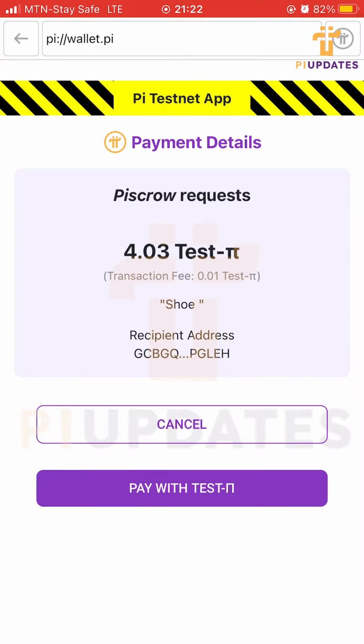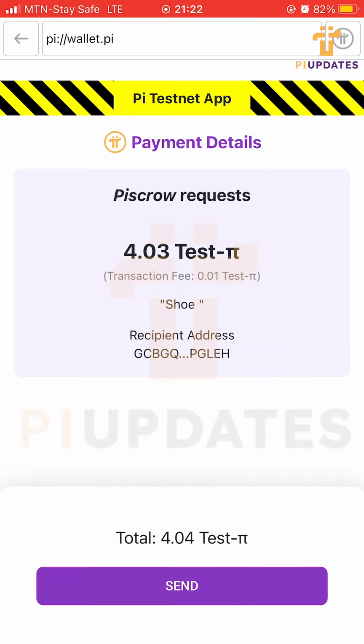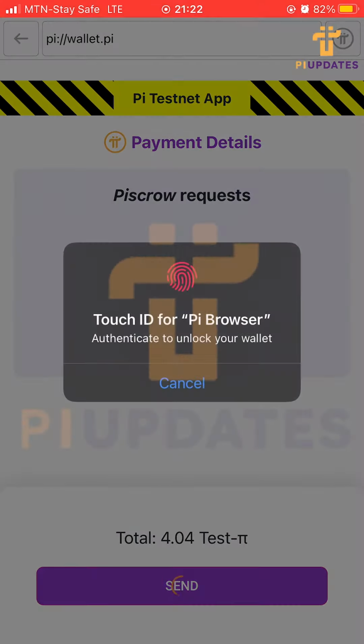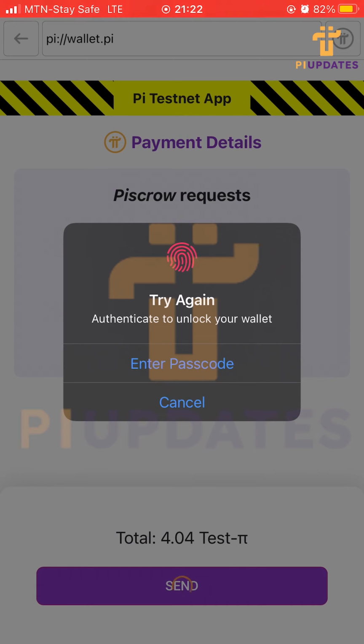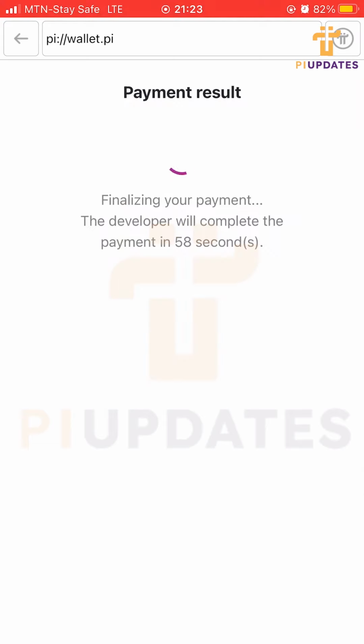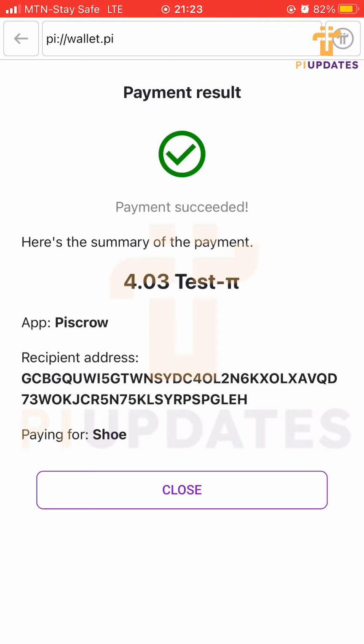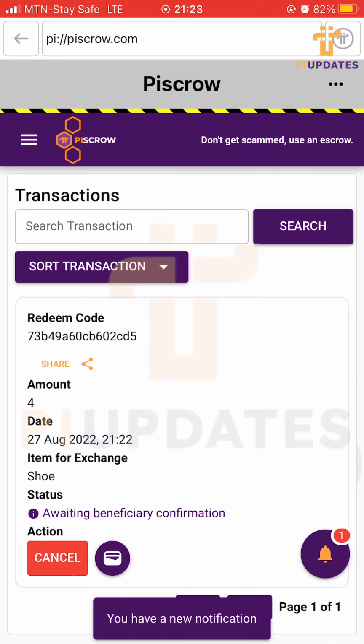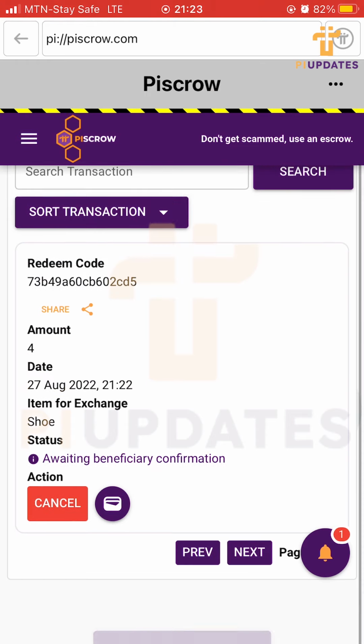So it will take you to the Wallet Pi application where it will indicate your wallet and you make payments. Here we're using the test Pi because it's a test transaction. So you indicate the amount of Pi you want to pay. You should note that this payment is not going to the buyer or seller you saw online. Piscrow is the third party that makes sure whatever deal you're doing with the stranger is as safe as possible. So you authenticate your payment, you successfully paid, and now it takes you to this page where